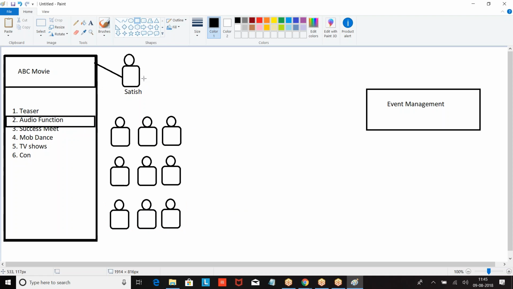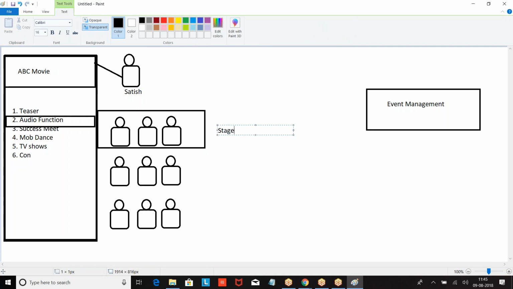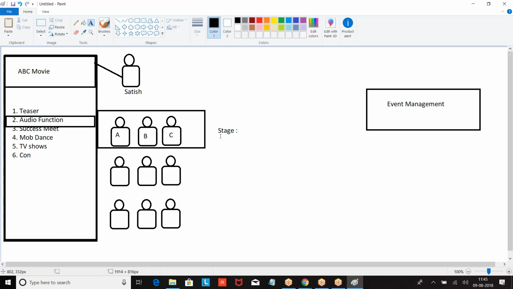This is the company that gave me a business. Now for this company, these are the events I am going to perform. For these events I told, boss, any decorations, stage decorations, this team you have to take care. I formed a team and told, boss ABC, you are responsible for maintaining the stage decoration or anything on the stage.